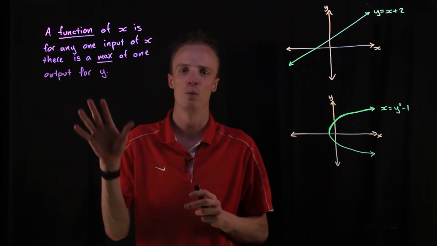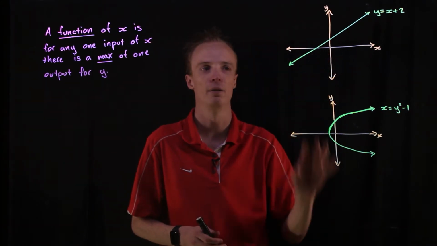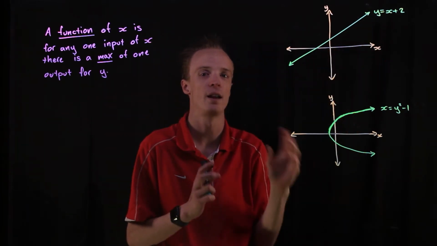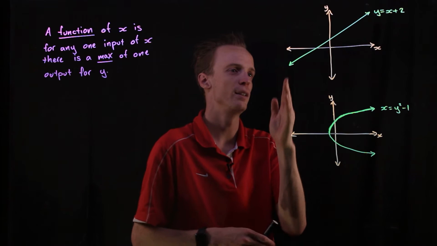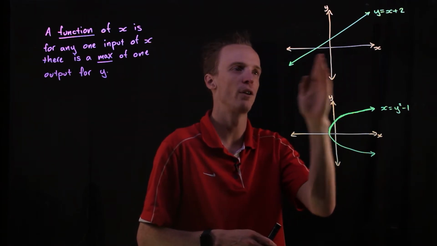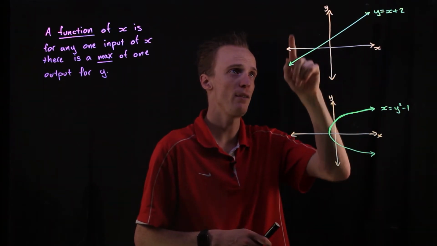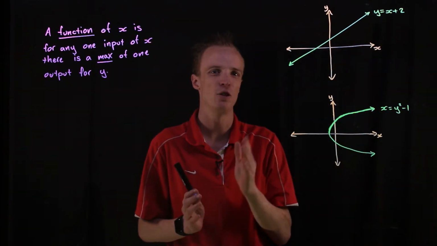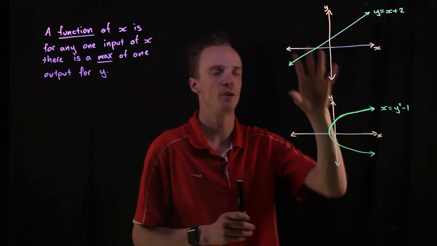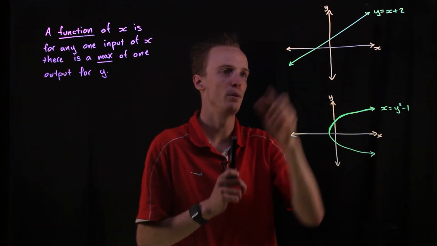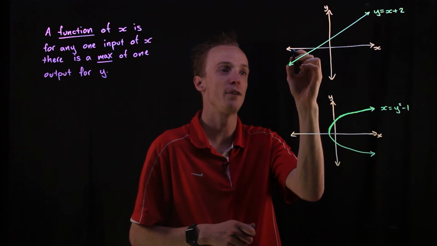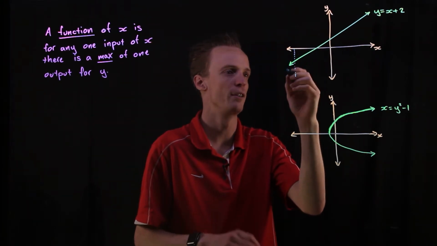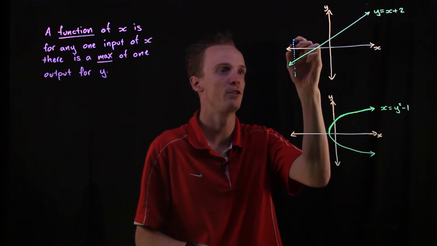So let's go over what this means for our graphs here. Starting with our linear relationship between our y and our x, what we're really testing for is, for whatever value of x that I input, how many values of y are there on my graph? To do that, I can use what's known as a vertical line test because I've got the graph here. So if I input this negative value, let's say this is negative 100, over here on my graph,